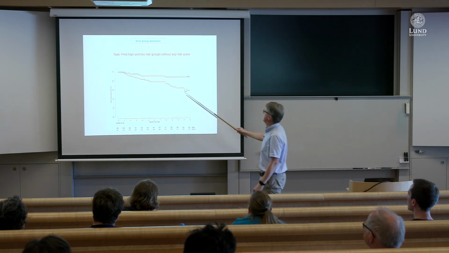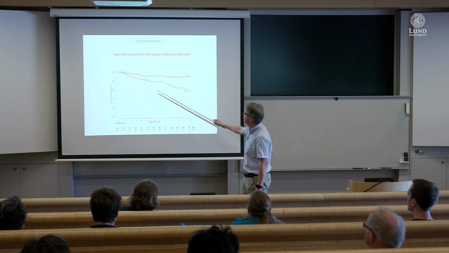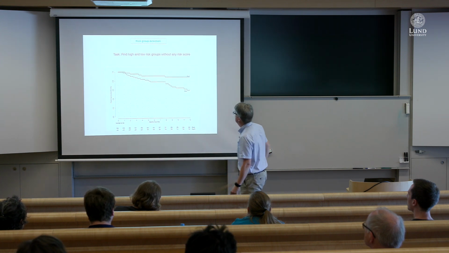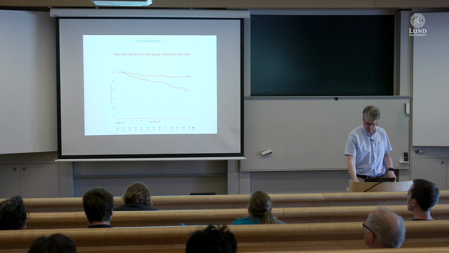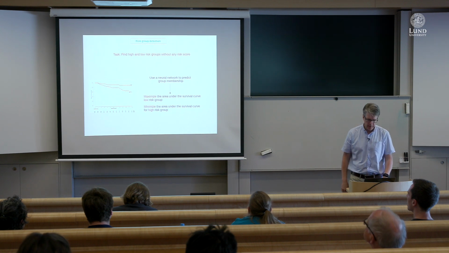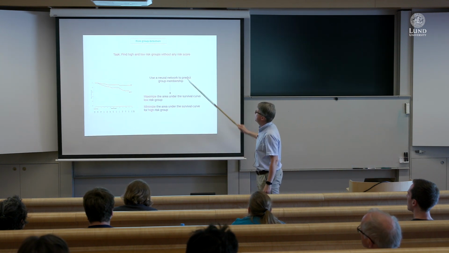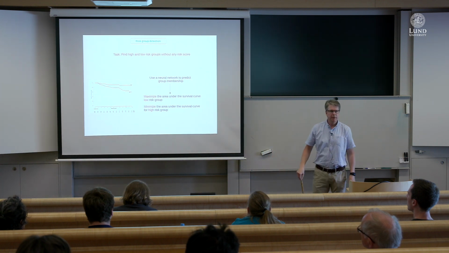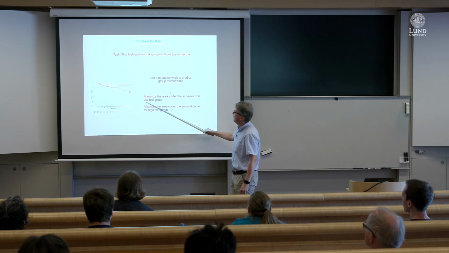So here's another example. Again, very small data sets, on the order of hundreds. This is low risk and this is higher risk. So what we want to do here is, again, use a neural network to predict group membership. And what do we want to optimize here? Well, let's optimize